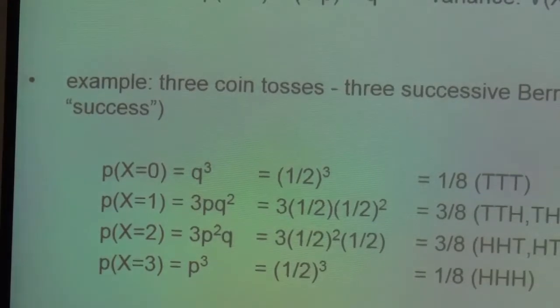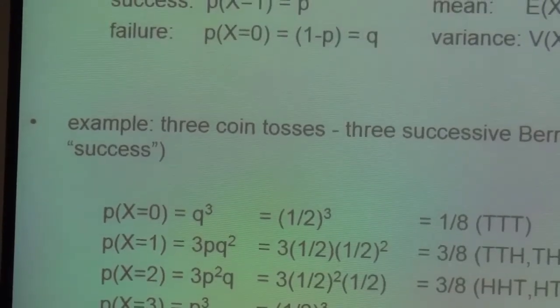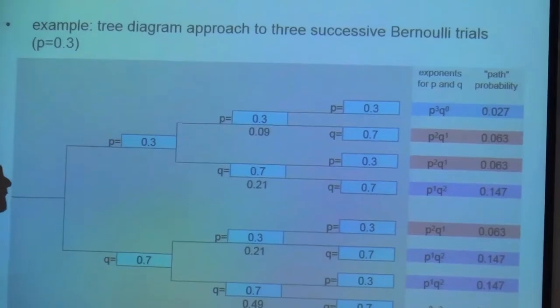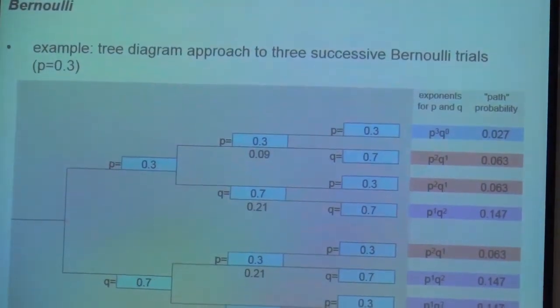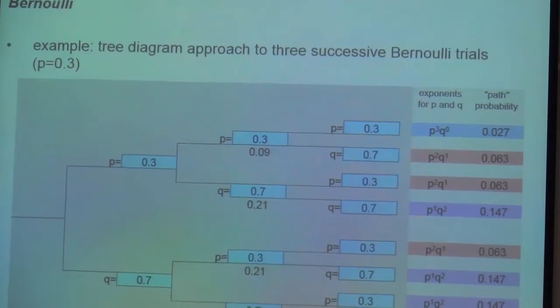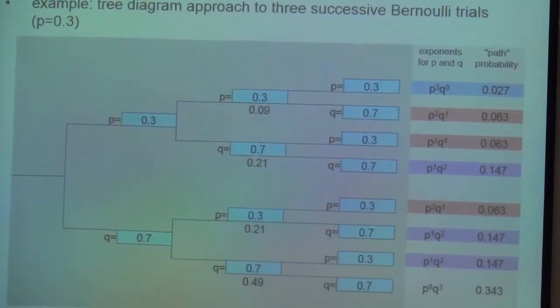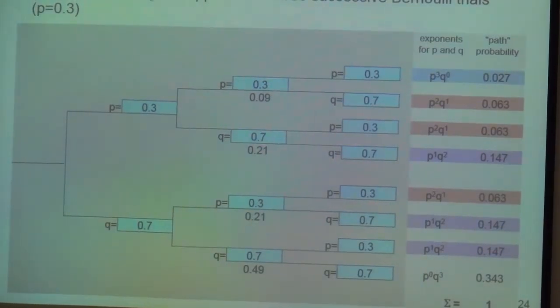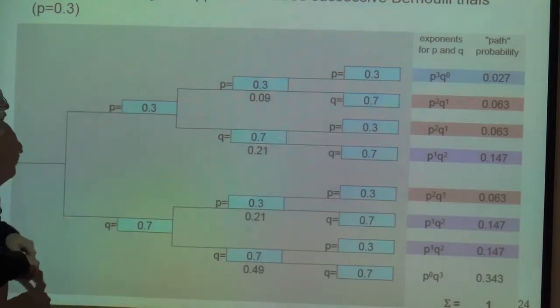I'm leading up to something here, so bear with me. If we take those 3 successive Bernoulli trials and look at them, and believe me, what I'm leading to is the binomial distribution, the development of it. This is 3 successive Bernoulli trials with a successive failure, because here I'm saying that the probability of success is 0.3. Right? We can do it by enumeration with a tree diagram like this, and we know that there's 8 possible outcomes, and this is a diagram of how to get to those 8 possible outcomes.